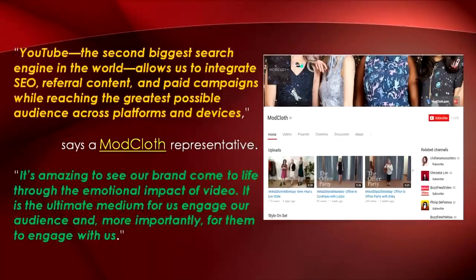ModCloth, an American online retailer of women's clothing, launched its branded YouTube channel in 2008 and has achieved nearly 1 million views and has over 4,000 subscribers. Being a business based on the internet, ModCloth markets its business through digital media, including video ads, because it delivers fast, accurate, and analytical data to track the performance, impact, and return on investment. YouTube is a great platform for your business because it allows you to not only share your message, but also to engage with the core customer base, building deeper levels of loyalty and engagement.